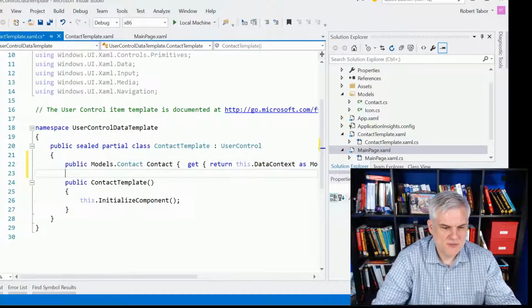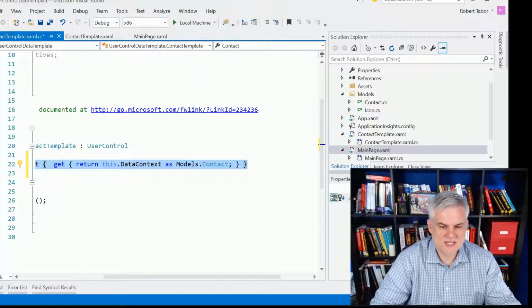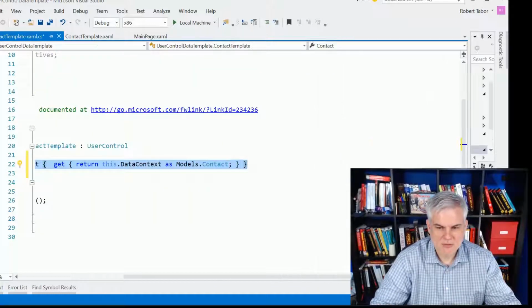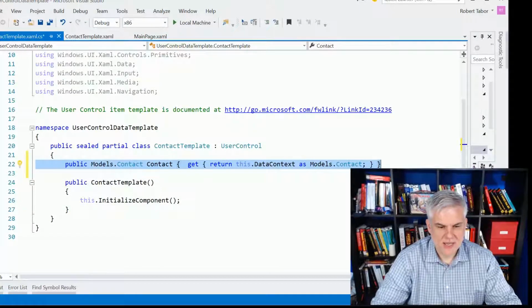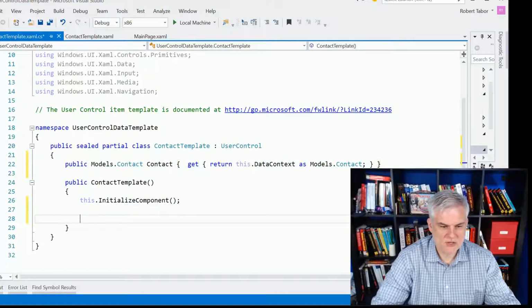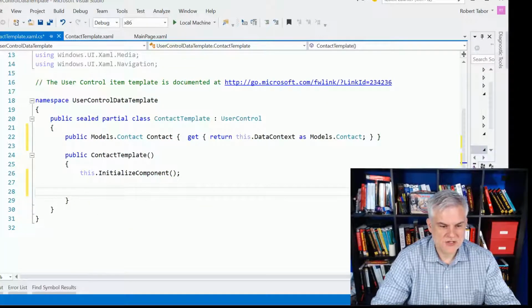Okay, so for the most part, what you can do with this is just treat this as templated code, copy and paste it. We're going to add it to our cheat sheet. You don't need to really understand too much about what it's doing. Just understand that you have to have this line of code, and then also in this constructor for our user